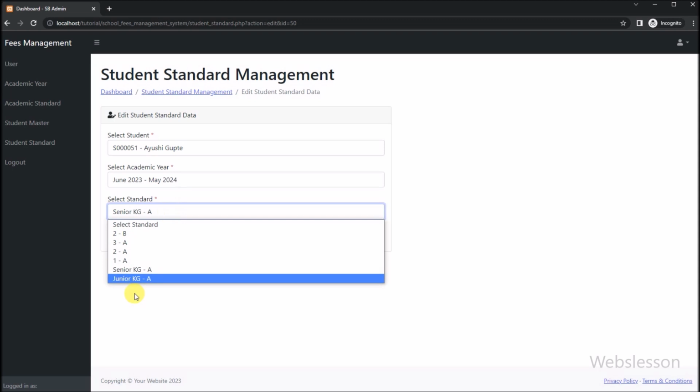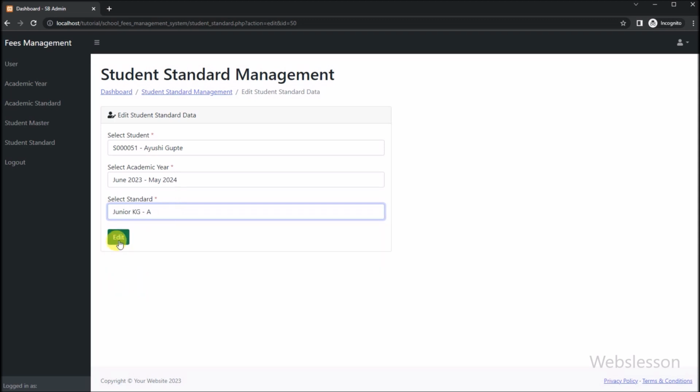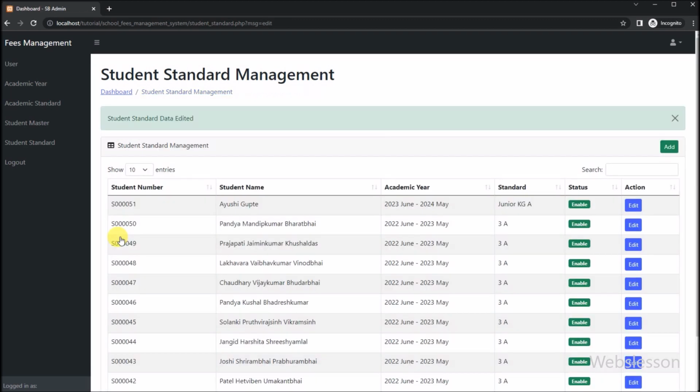under the school fees management system. In next part, we will learn how to use soft delete feature to disable or enable student standard data status under this school fees management system by using PHP script with